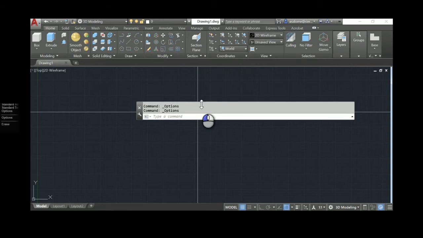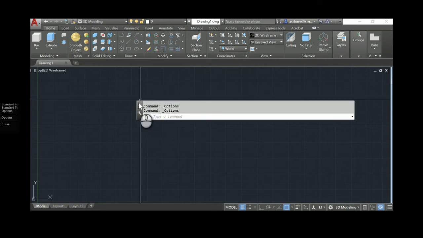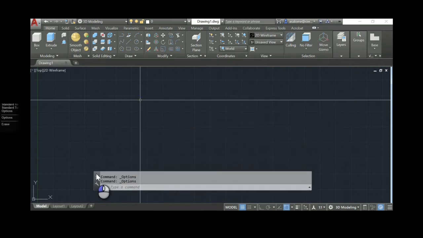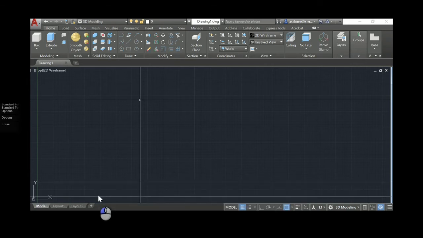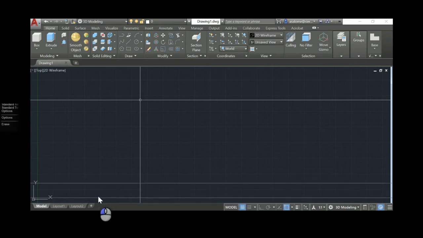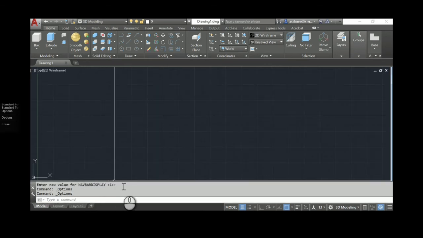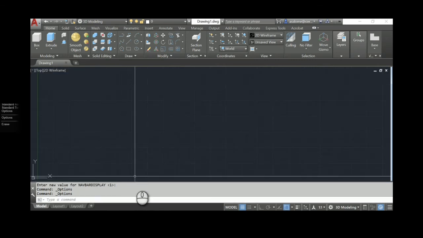The way that we have it set up in the lab is we have it set up to show 3 lines of information. And then I'm going to grab that and I'm going to pull it as if I'm going to put it on top of my tool tray down there. And it's going to suddenly switch like that and go full with just this little ghost showing you where it's going to go. I'm going to let go and it's going to basically dock it. Now, it didn't quite get three lines, so you can stretch that even after it's docked. That's called docking when I place that down there.